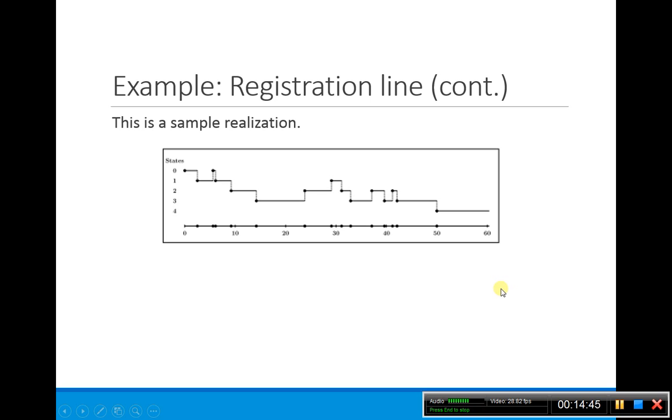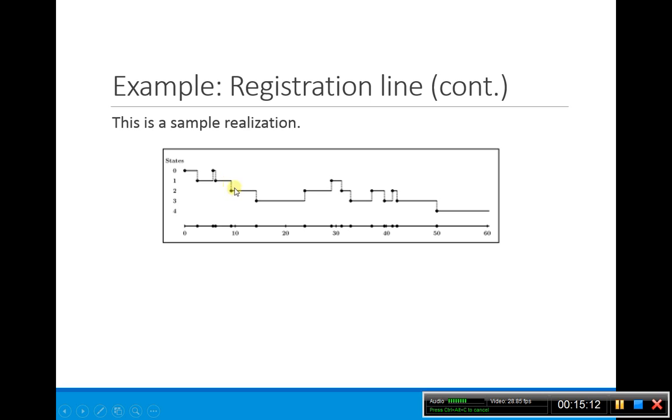So this is an example of what could happen. Here are our states, from 0 people all the way up to 4 people, as we go across time. This is 60 minutes. We start off with no people, and we stay with no people for a certain period of time. One person arrives, the registrar starts working, and the registrar gets done before another student arrives. We go back down to 0 people, and then a student arrives, and so then the registrar starts working